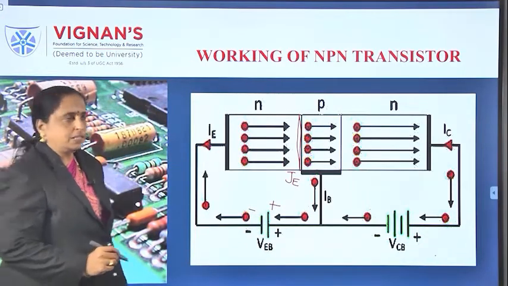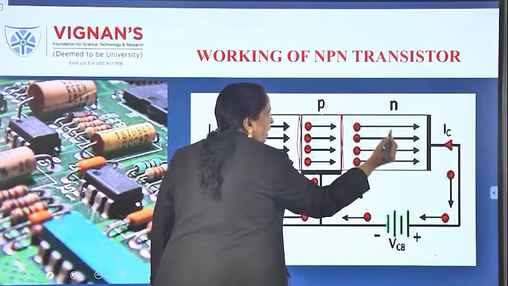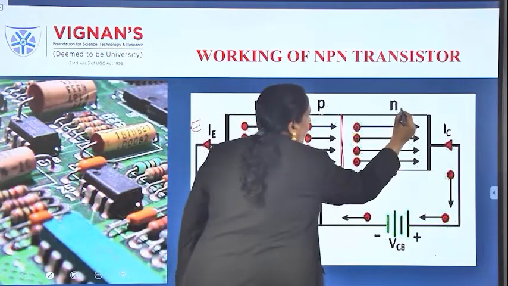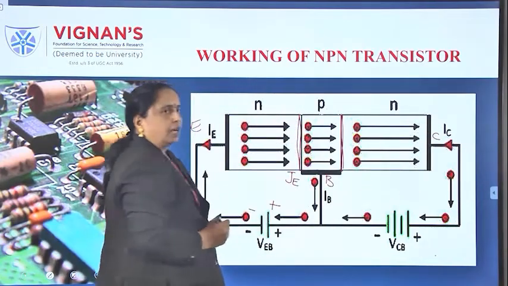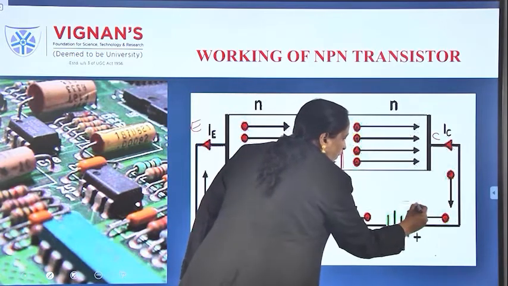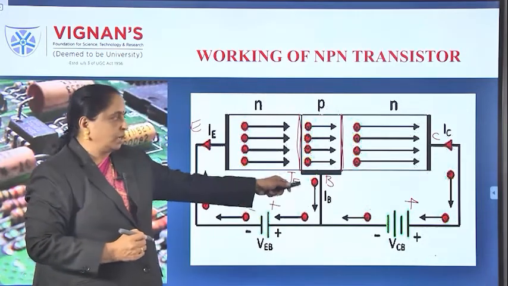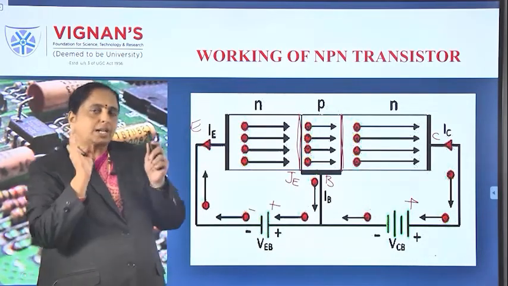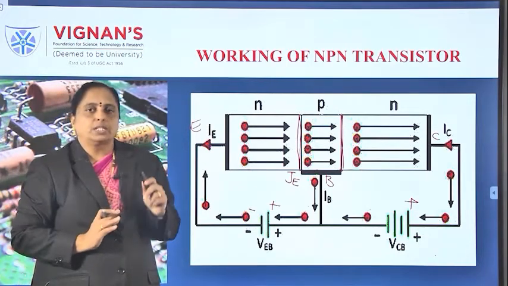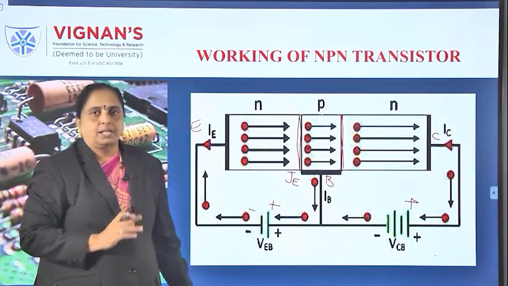The collector junction must be reverse biased. The collector junction is this one, between collector and base. So this is the emitter, this region is known as the base, and this is the collector. Between collector and base, reverse bias. Collector material is N, so to this N positive, and then this P negative. So that's why this is under strong reverse bias condition, and this connection is known as the active region, because here you are doing the application which is amplification. That's why we call this the active region. The NPN transistor is connected in the active region.